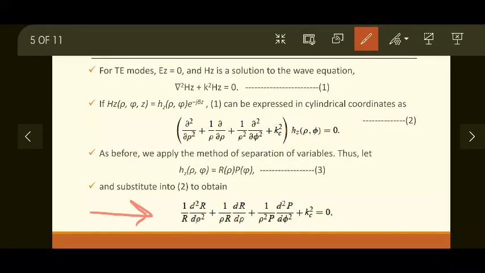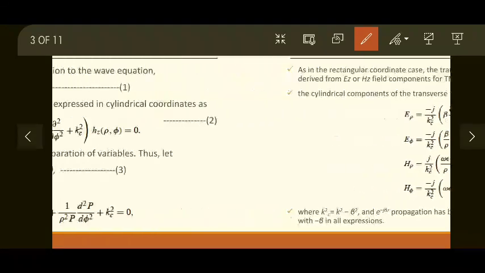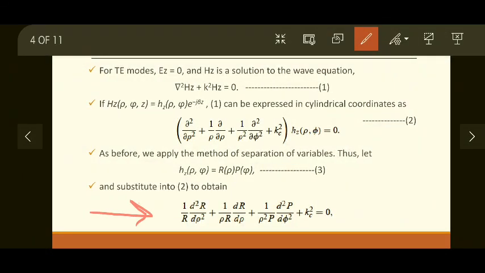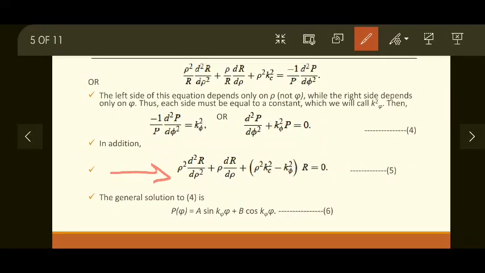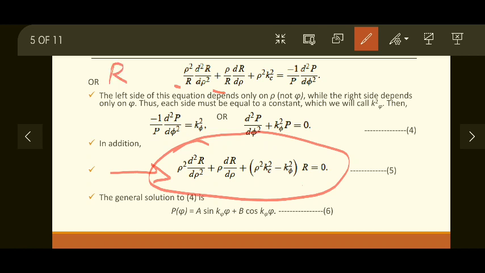Okay, so again you can see that. Let me show you. Sorry. These two are compared, so we will get this equation. Now here you will observe R is in the numerator. Now this R we are removing, so multiplying this by R, you will get this R in the numerator. So now since this is equal to 0, multiplying by R will not affect.